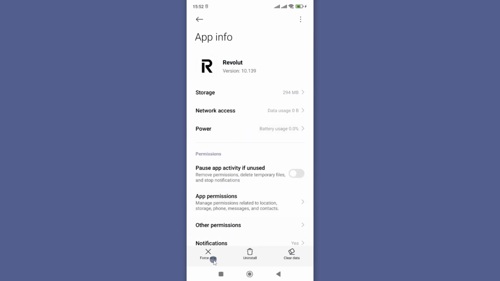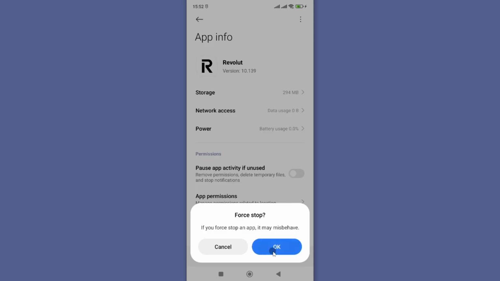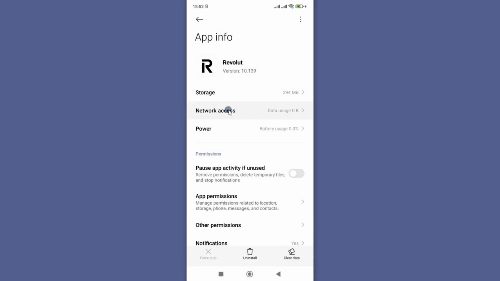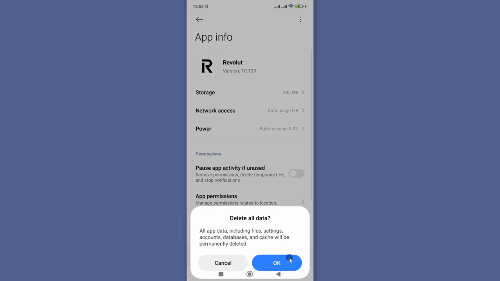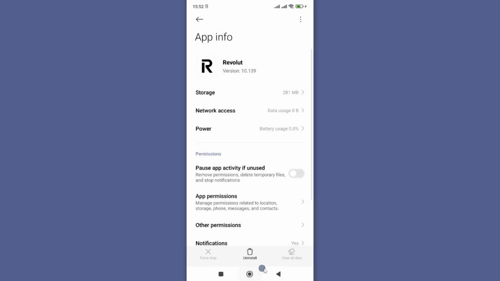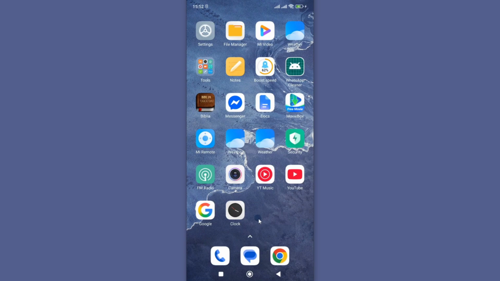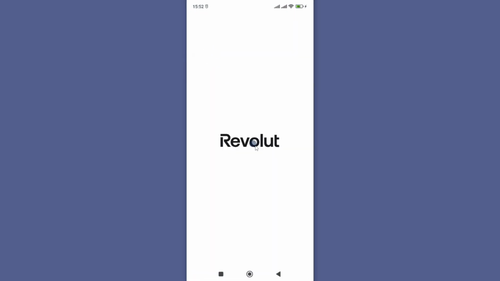From the app info page, go to force stop and OK to stop any background activities that might be causing this. Again, go to clear data and clear cache and OK, and finally clear all data. Once you are done, restart your smartphone, and now you need to log in afresh for you to be able to use the Revolut app. So at this point, now everything should be OK, and now you should be able to